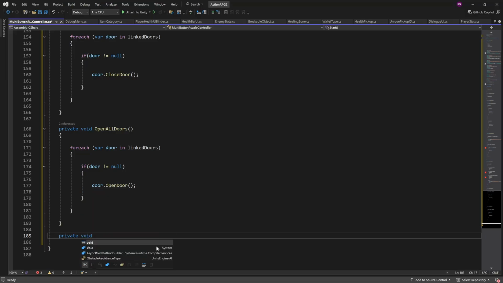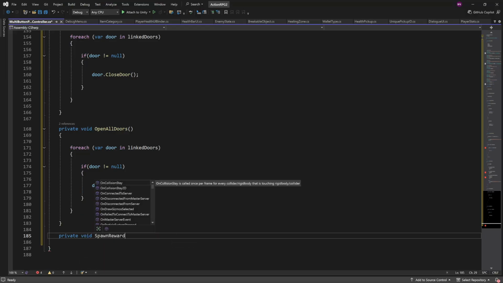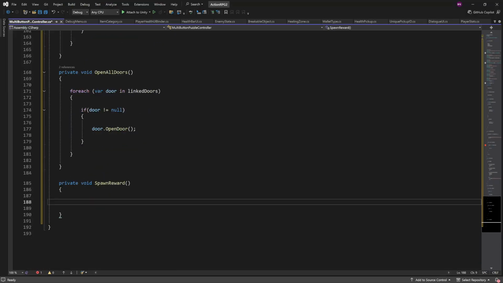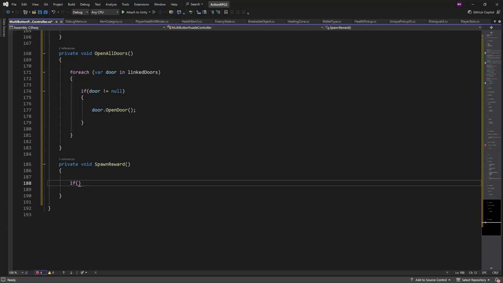And lastly, we need to spawn our reward. So private void spawn reward. So first, we're going to check to see if reward prefab is null, and our puzzle reward mode dot